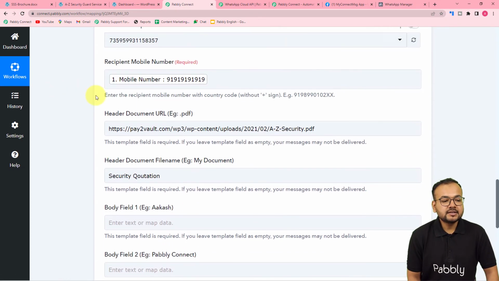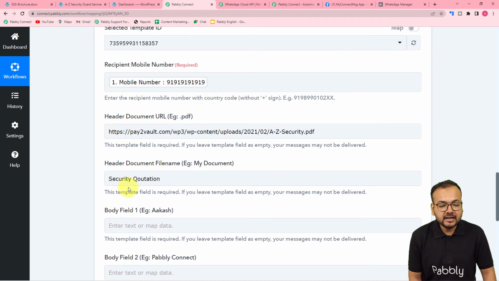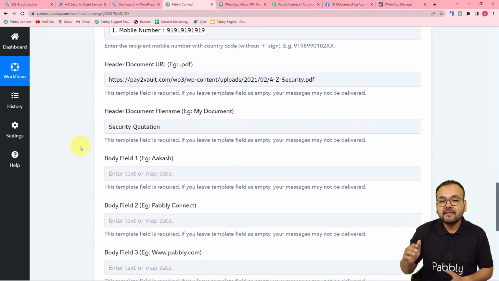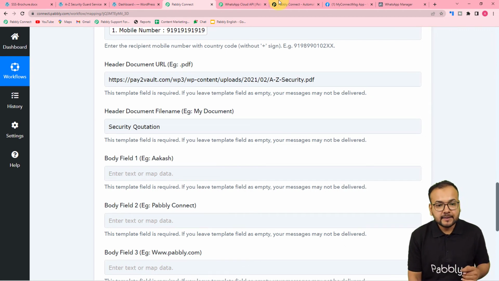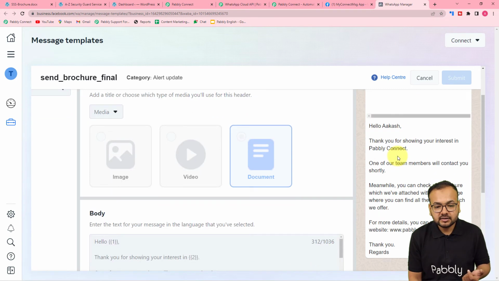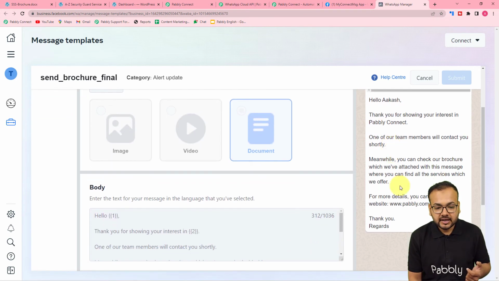All right, so the things that you are putting here manually are going to remain the same in the message that you are sending. But guys, there can be a few things which you can change with every new message you are going to send with the help of the template. For example, you can see in this message we have this Akash written here, Pabbly Connect is here, and the website address